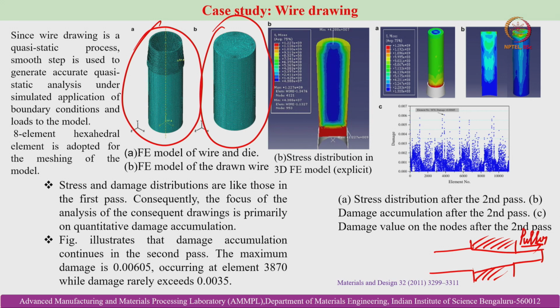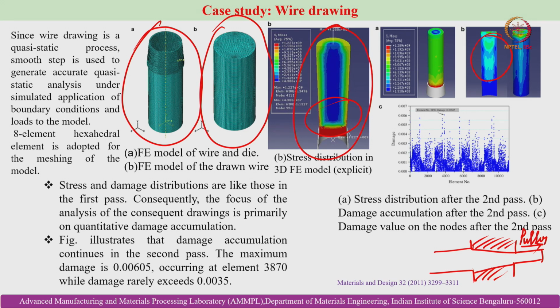So you can see that the stress distribution, stress is higher in the surface of the wire which is undergoing drawing through the conical aperture or the die, whereas the damage is higher at the center. So this is the typical stress distribution curve, which shows higher stress at the periphery of the wire undergoing drawing, and also higher stress values near the die exit. Okay. And here this is a typical example where you can see the damage is higher at the center rather